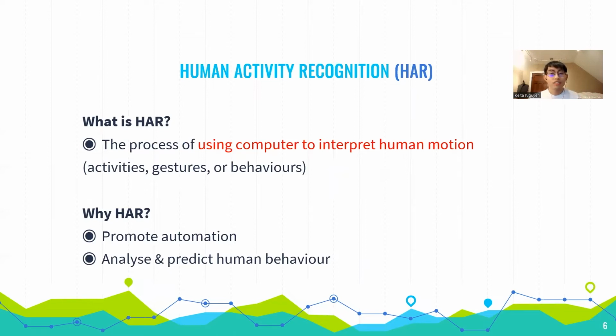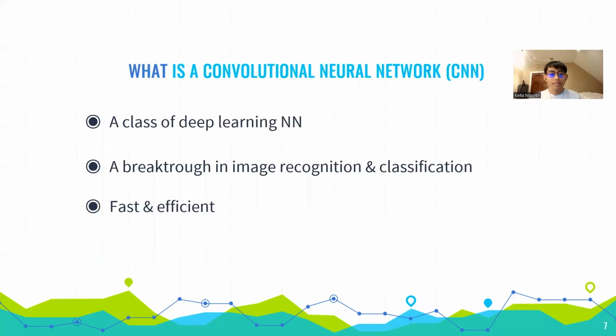And why is this a big deal nowadays? Because it has been used in many different sectors of the economy and industries. It can help in automation and eliminate the involvement of human labor, just like in the case of the mobile phone use detection camera that we've just mentioned earlier. Everything was done automatically, and behind these processes is the convolutional neural network. So what is the convolutional neural network?